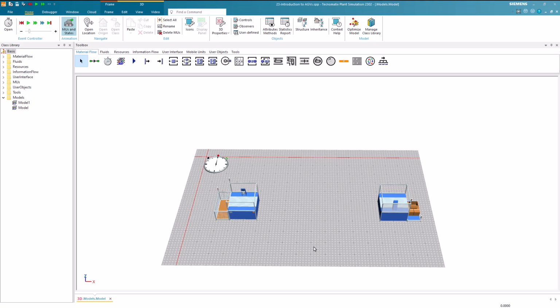In this video, we'll explain how to use automated guided vehicles, or AGVs as we call them, in Plant Simulation. In the Mobile Units tab, you'll find the transporter. The transporter represents AGVs. AGVs can function as transporters, moving freely or following a designated track. In the first example, we'll employ a track for the AGV to shuttle parts between stations.